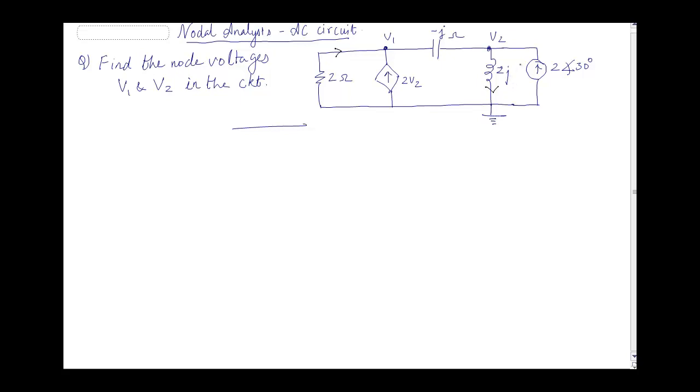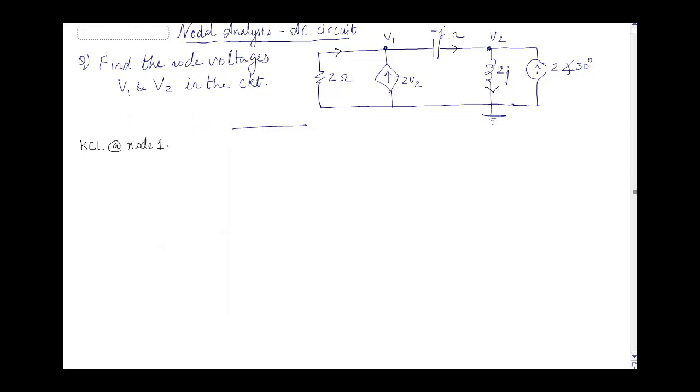Here in this branch downwards, this is already given. Here let us assume that it is in this direction. So all the branch currents are assumed. Now we need to write the KCL for each and every node. So KCL, Kirchhoff's current law, at node